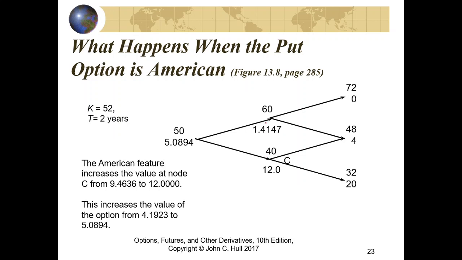Now, we'll assume the price is 60. When the price goes up one step, we will examine whether the option is in the money or out, and if it is in the money, we will take into account the possibility that the option will be exercised early. Since the price of this stock is 60 and the strike price is 52, if the price went up one step, it will be out of the money, so there will be no early exercise. But if the price went down to 40 and the strike price is 52, then the option is in the money, and the new F_D